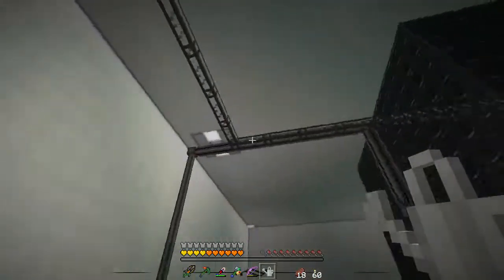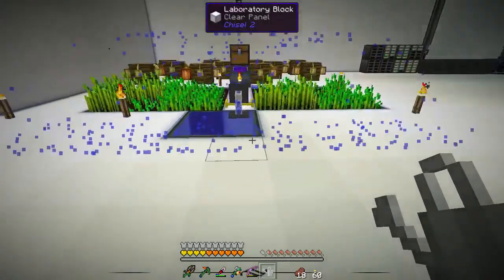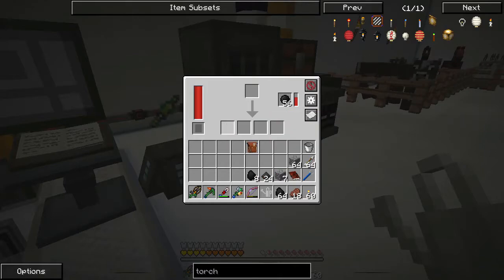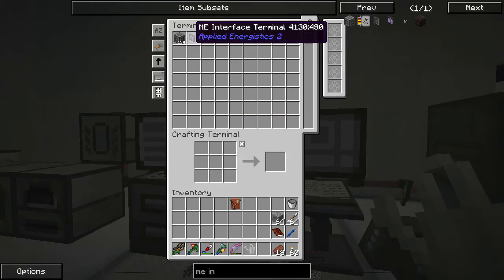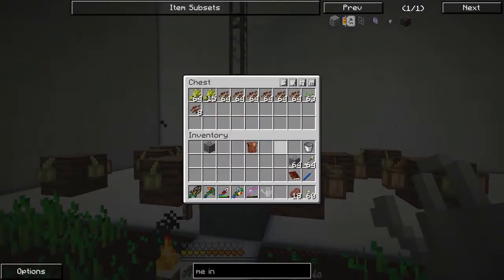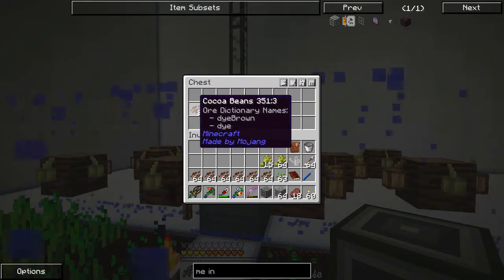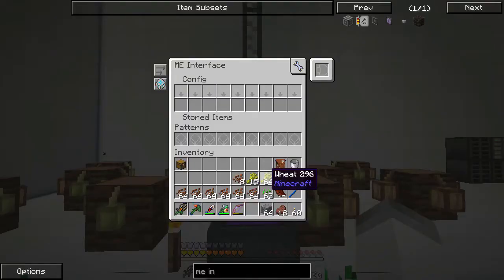Now, as you can see, I ran an ME cable over there, and I also moved this like I said I was going to. I did that because I want to get an ME interface, which we have a lot of. Instead of using a chest to hold all this stuff, we're going to use the ME interface. So let's get all this stuff out of here, break the chest, and we're just going to put an interface there, and it should,